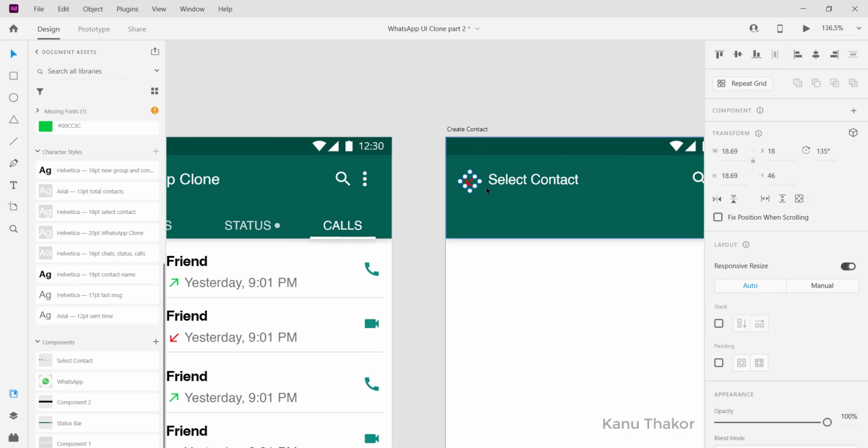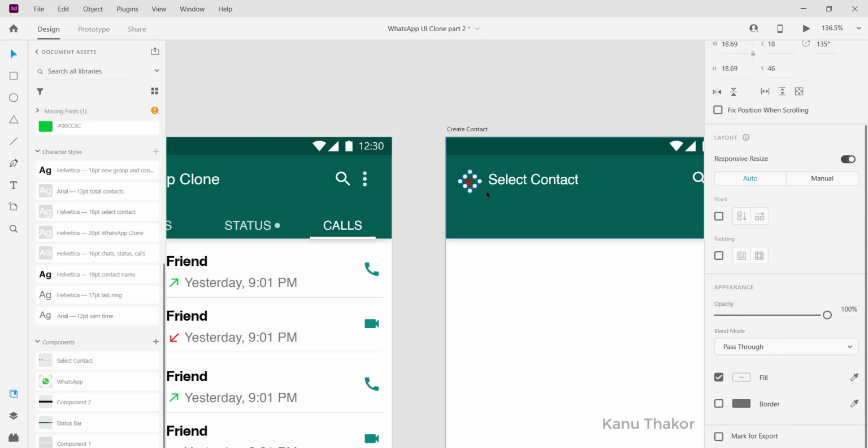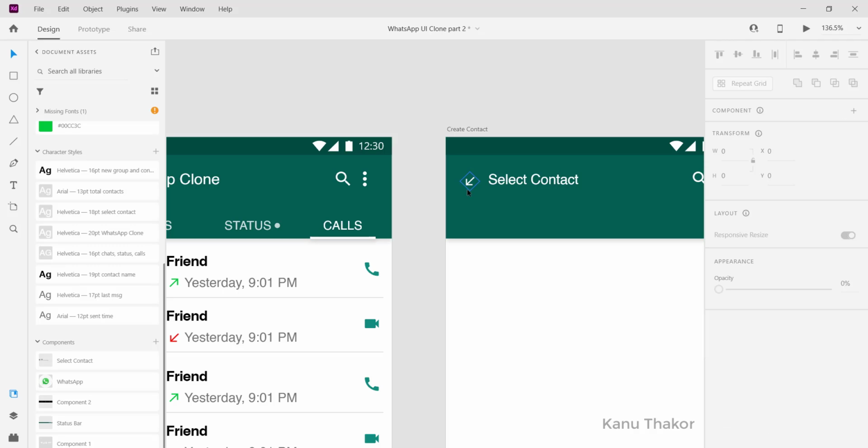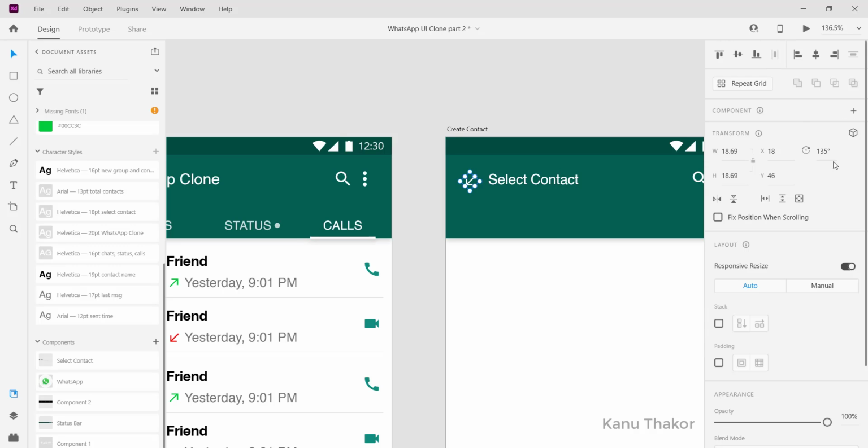Now, this is an SVG icon, so first of all we will select it and change its color to white, and then here you can see this angle, and we are going to change its angle to 180 degrees, and now it is showing this back icon.